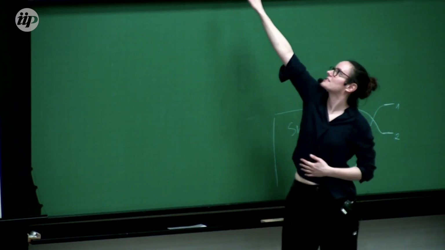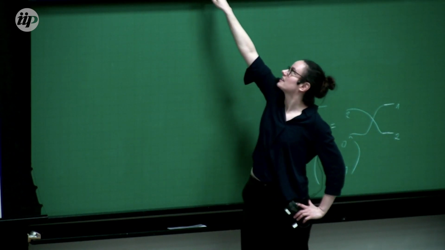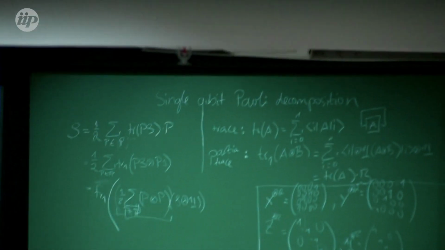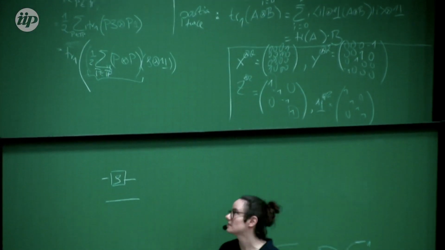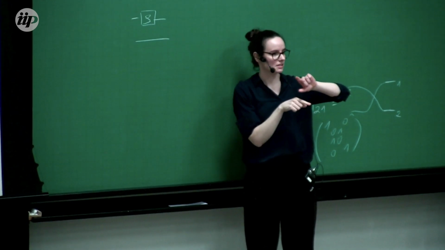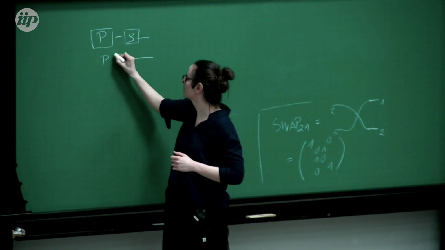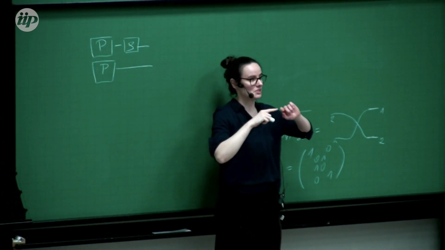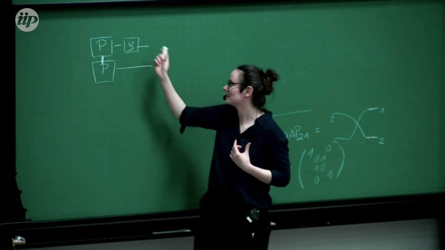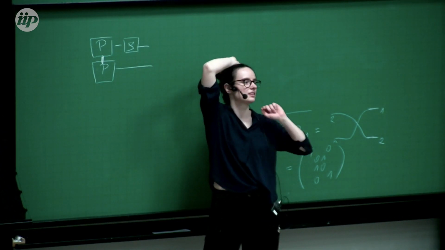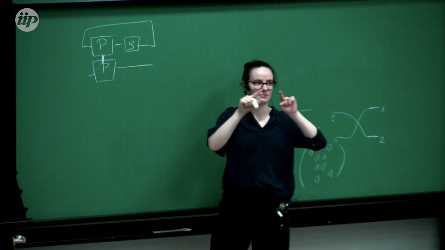So I want to now express this thing in our diagrams. And we can see in the lower line that we have rho tensor identity, which is just writing them on top of each other. And then I have my two Paulis on the left. So here's one Pauli, and here's another Pauli. And we are summing over them. So that's an index, so we need to connect them. Loop. This means summing over the Paulis or summing over the index. And then we have the trace over the first subspace, which means we disconnect the upper part.